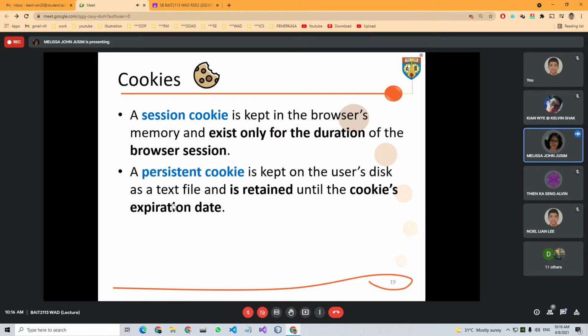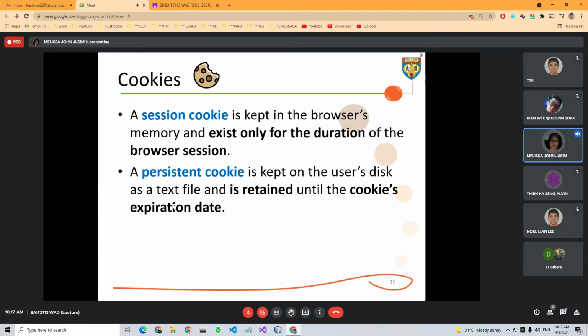For a session cookie, from the name session, it will only exist for the duration of the browser session. So that's how short it is. I also notice nowadays, whenever you access a web page, most of them will show that we are using cookies, with accept all settings or manage my cookies.